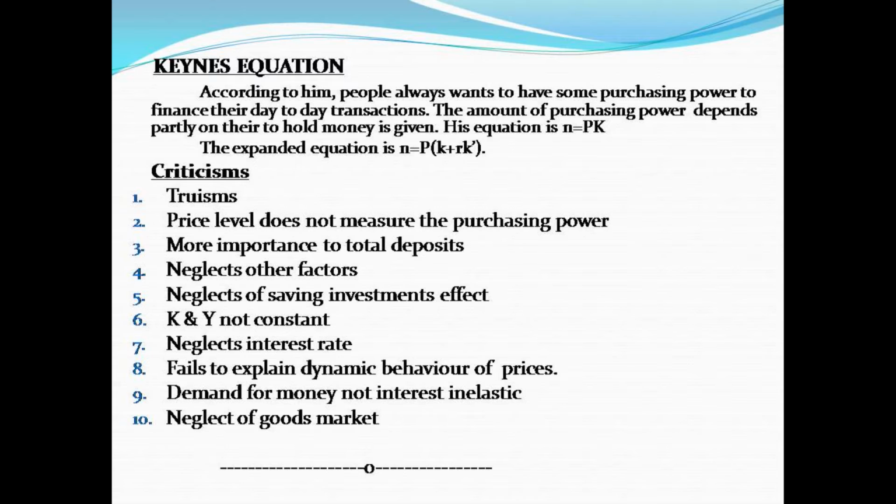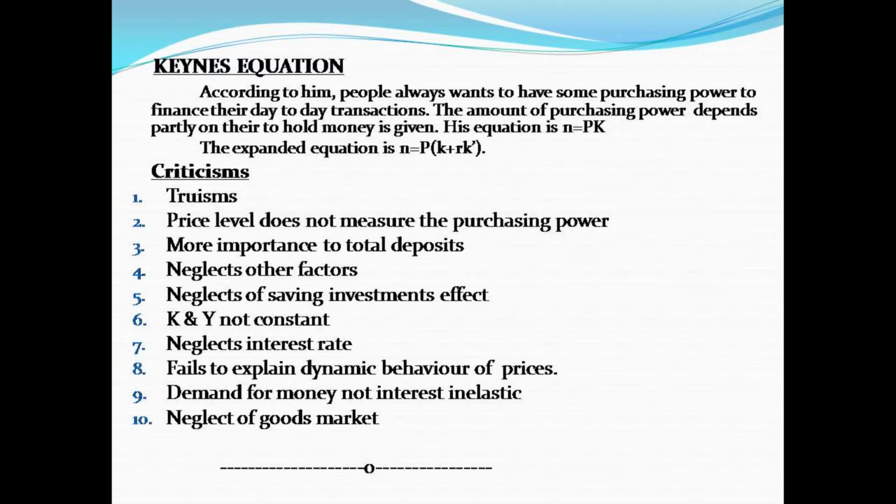Keynes regards his equation as superior to other cash balances equations. The other equations fail to point out how the price level can be regulated, since the cash balances held by the people are outside the control of the authorities. By controlling N and R, it is also possible to regulate bank deposits K dash by appropriate changes in the bank rate. So, P can be controlled by making appropriate changes in N, R and K dash so as to offset changes in K.